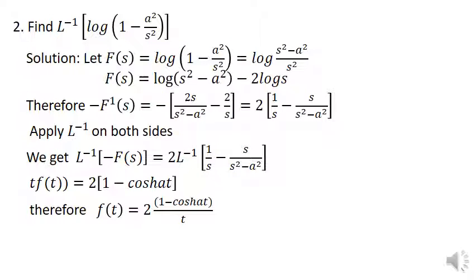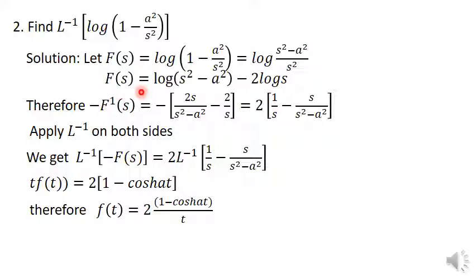Now example 2. Find L inverse of log of 1 minus a square divided by s square. Consider the function f of s, that is log of 1 minus a square by s square. On simplification you get log of (s square minus a square) divided by s square. Now by using the property that log of a by b can be written as log a minus log b, this is log of s square minus a square minus 2 times log s. Therefore,